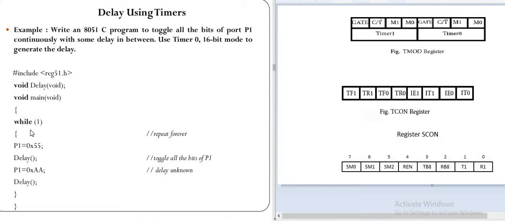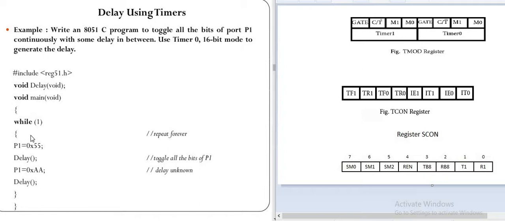All the statements or actions have to be written inside the while loop. If we use the while loop, then it works continuously. That means the while loop is an infinite loop, so it provides our continuous function or action.